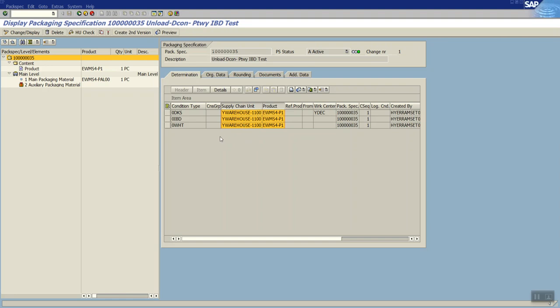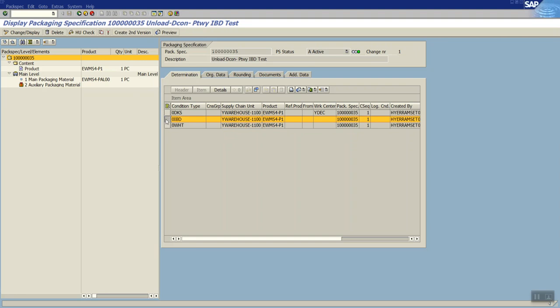So if the business requirement is something else, and they need some other field to fulfill my requirement, then we have to change the condition table. We have to define a new condition table, and then the subsequent condition technique settings that we need to do, and dependent assignments also we have to complete. Then that additional field will come here.